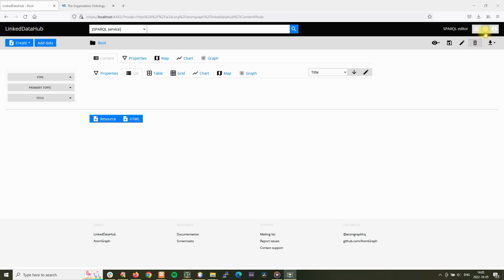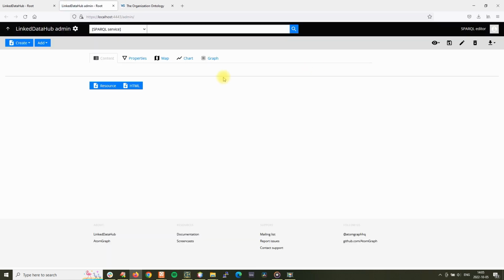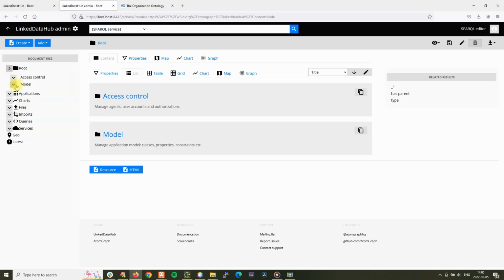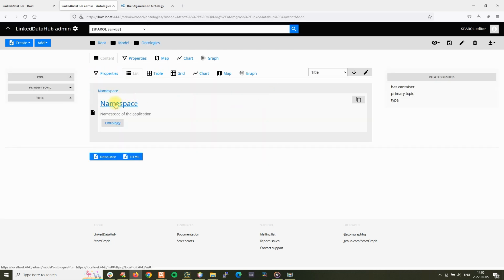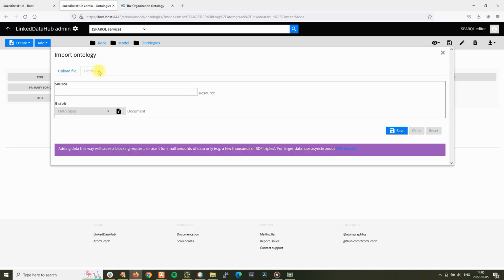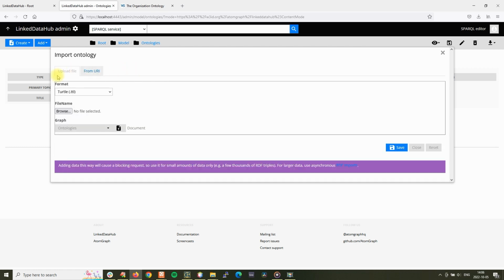And what we need to do is to go to the administration application, and then we will locate the ontologies container. You can see there's one existing ontology, the namespace. Okay, so now in order to import a new ontology, we click this add button here and click import ontology, and you'll get this dialog with two options: either upload the ontology as a file or import it from URI. In this case I'll